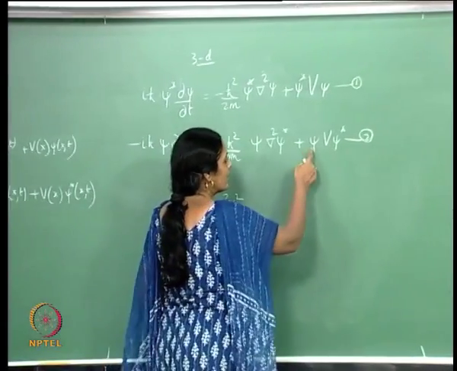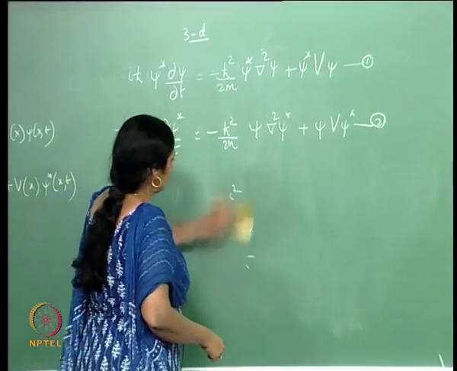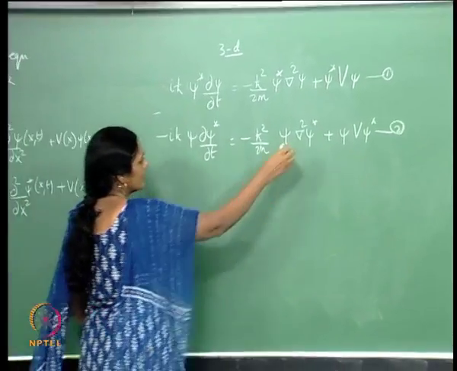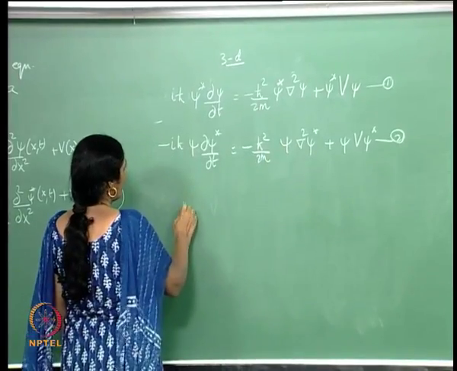The point is that these objects commute in general, and therefore if I subtract 2 from 1, I have